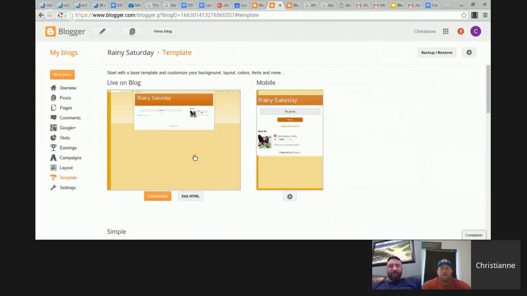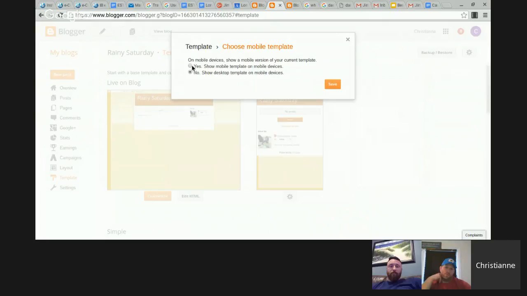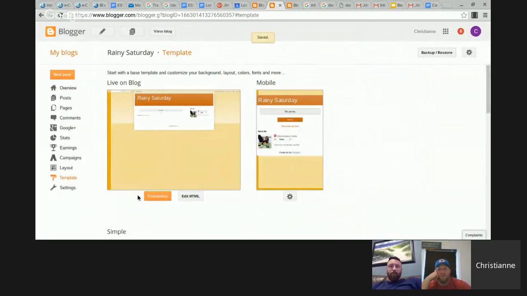So over here we have live on blog and then the mobile version. So you can change the settings on your mobile version to show how you want it to come out, whether you want it to be a full template on your mobile device or not. So I'm going to click yes and then hit save. And before you do anything, if you do like this, you want to back it up or restore it because then you can't get this back again unless you redo it. So I'm going to click customize